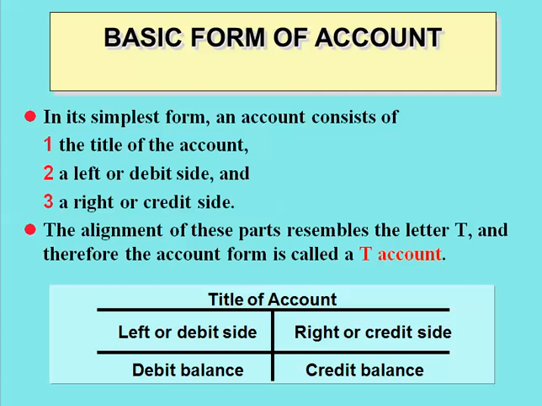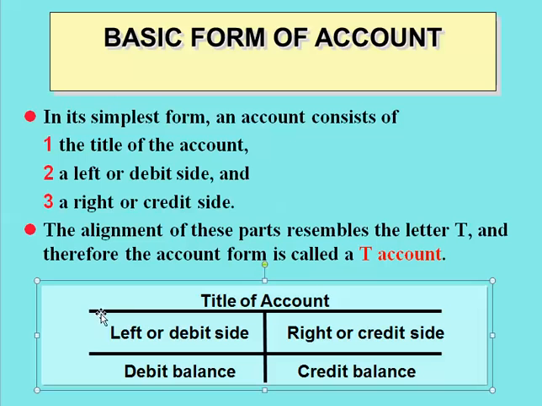So the basic form of an account, so let's take an account like cash. The very basic form and a kind of quick and dirty way to do things for accountants is called a T account. And you can see here it resembles a T right down here. So we've got the top and then we've got the middle. So that is our big T. So if we divide up our account, say cash, which would go here, we could retitle this cash. Then any entries we make